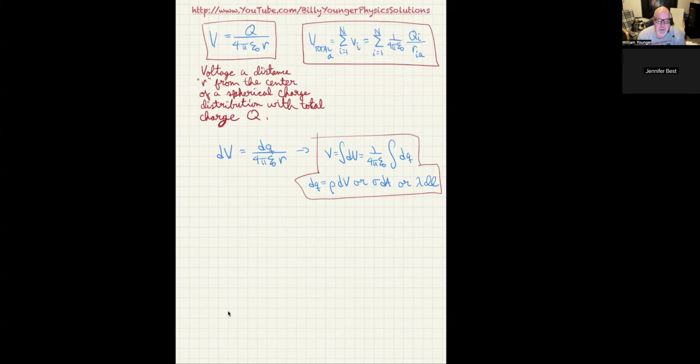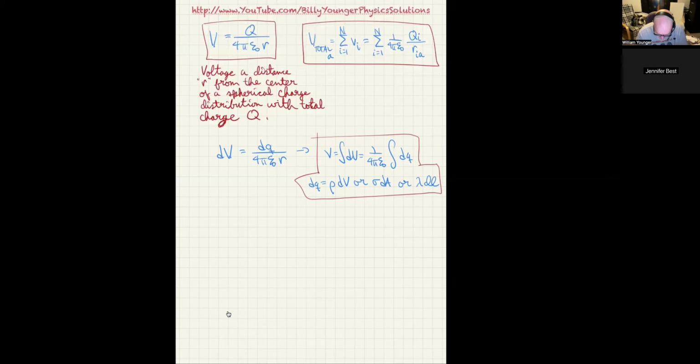That really is the important part of this, and now we can actually do the integration techniques that we had done before. This gets us a little closer, because now we can do the same sort of problems that we were able to do earlier for the electric field using integrals. Now we can do it again for the electric potential using integrals, but a little bit easier because it doesn't have actual vectors associated with it. So let's look at an example.